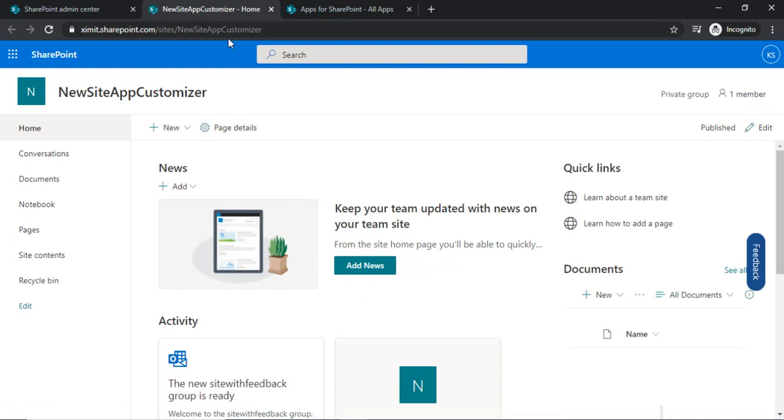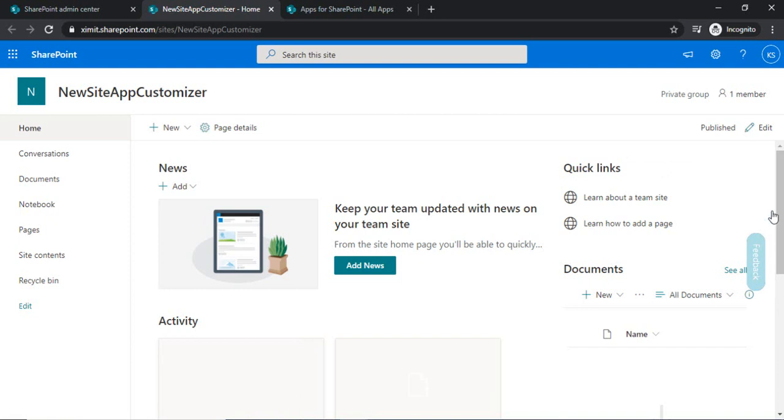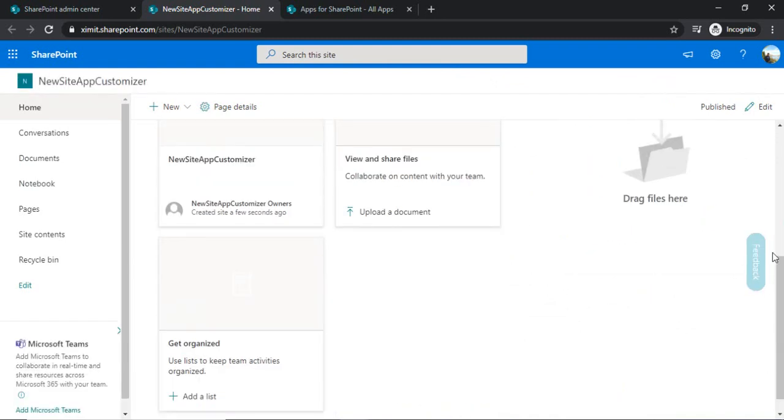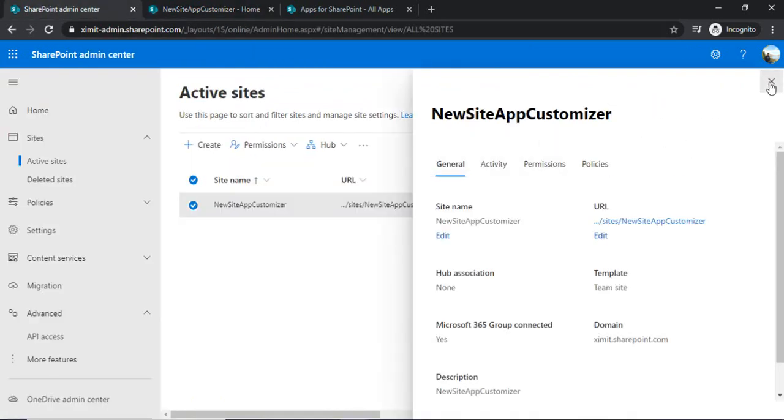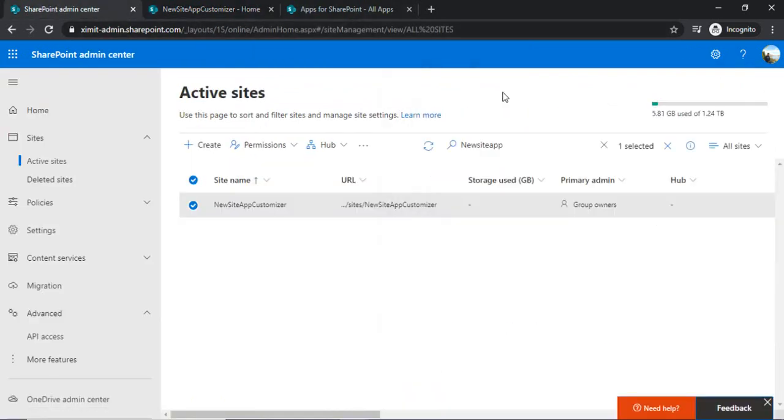All right, so this site got provisioned, and now you can see this was my custom button for feedback, which I would like to have provisioned along with all my team sites. So this button will be used to capture the input from the users. So for example, if you are creating some app customizer for custom headers, then those custom headers would get provisioned with this new site. So whatever site you create with that site design, you will get this app customizer already included.